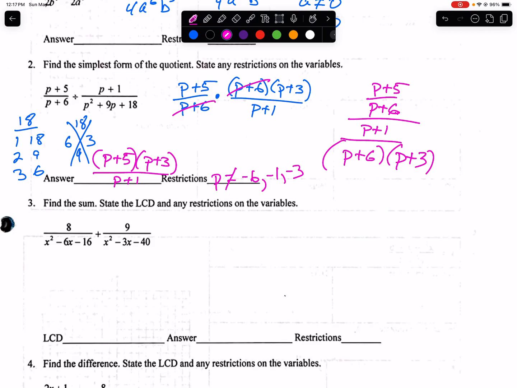Yep. And then later tonight, any problem you find hard that we did, you can listen to the video, listen to the explanation, and then do the problem. Because you can print out another one of these from the website. So you get a clean look. You never do it when you can see the work, because you want that clean look just like you're going to get on the test. And then study all these,